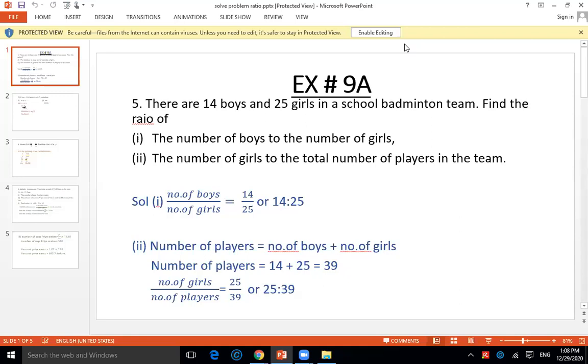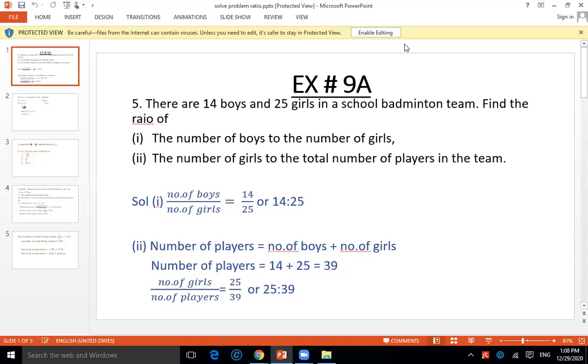This is question number 5 on your display. The question is, there are 14 boys and 25 girls in a school badminton team. Find the ratio of the number of boys to the number of girls. So what we need to do here, we need to find out the ratio of number of boys to the